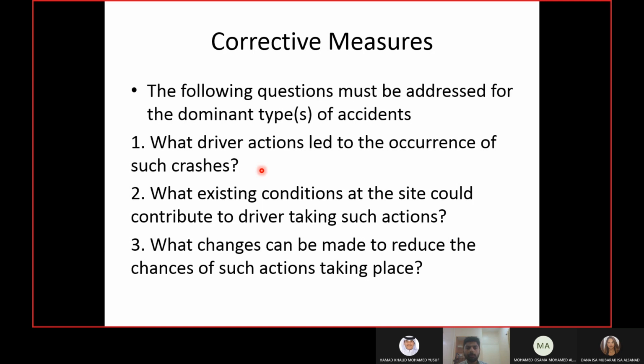So basically what we are saying is, whatever action the driver was doing led to the accident. So if the driver was not doing that action, maybe the accident wouldn't happen. It's straightforward and simple, right? This action results in an accident. Make sure this action is not required by the driver. So the answer to the last question will give you the countermeasure, the changes. Changes, corrective measures, countermeasures, treatments. So what are you supposed to do? Let us take a couple of examples, one from the book, one from Bahrain.